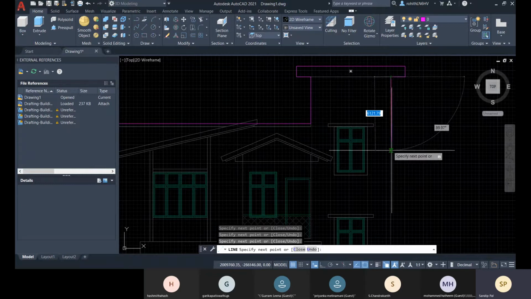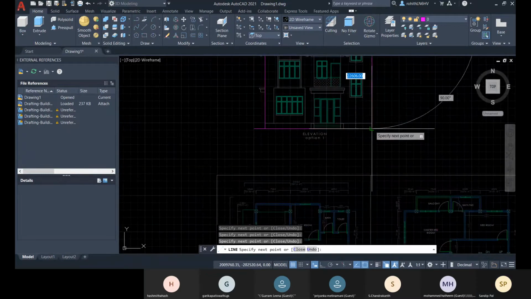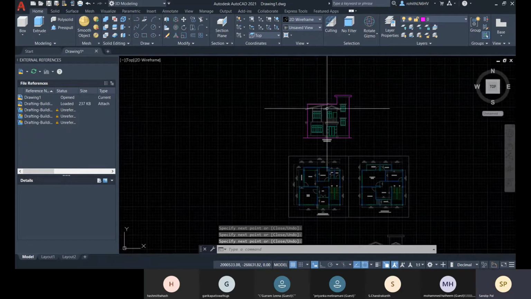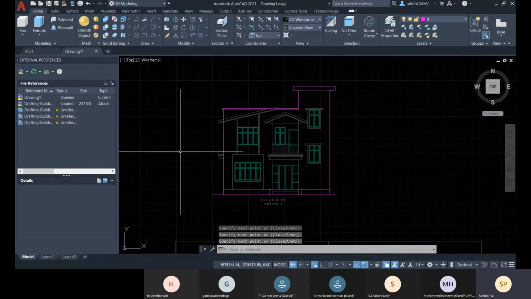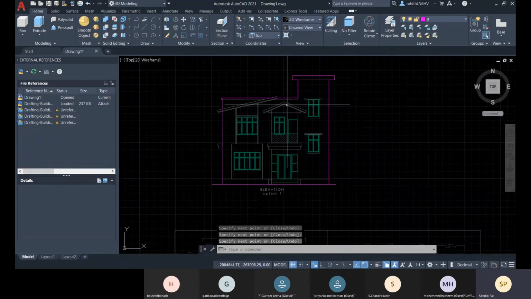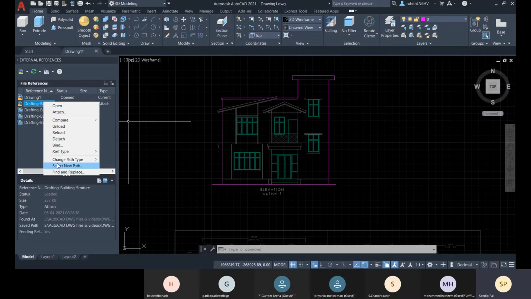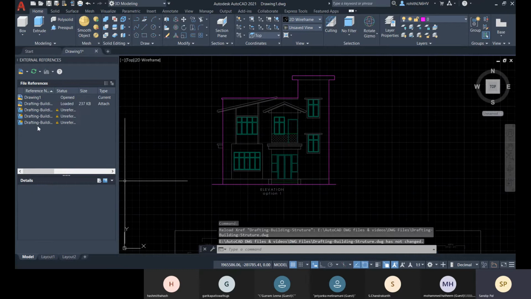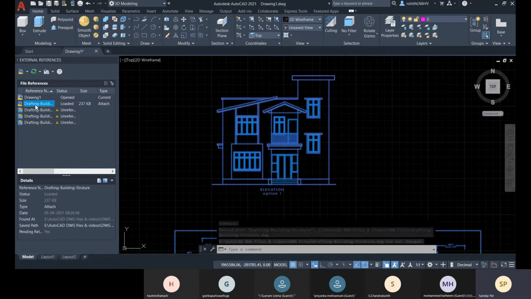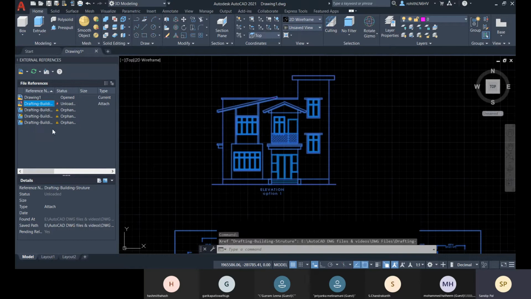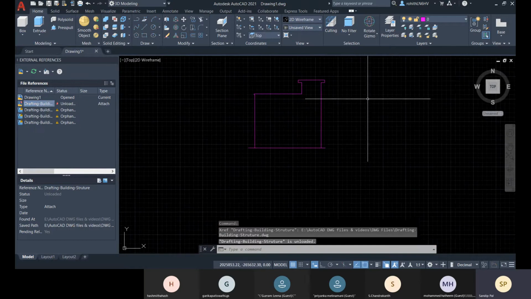It will show you the snap points, and you have taken this. Suppose from this drawing you need to just extract this part, so you just take it as a reference, and after that what you can do is you can detach this one. Let me show you with the unload option. Sorry, this one, unload. Here you have.